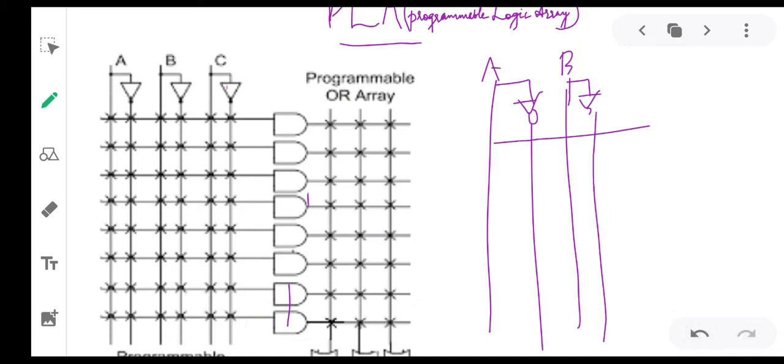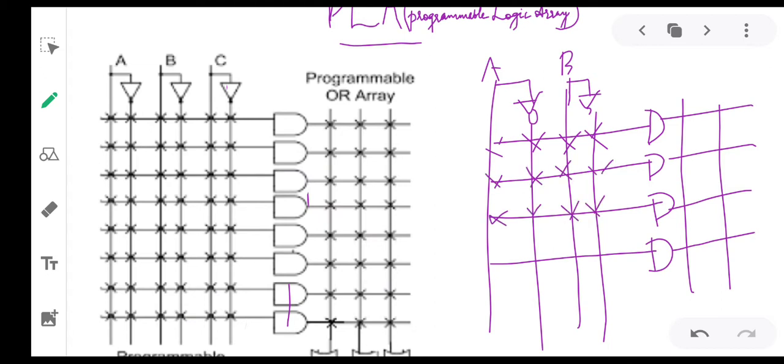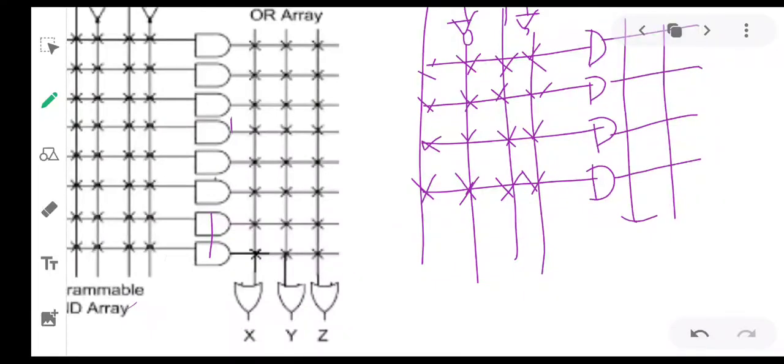So here I have an AND gate, AND gate, AND gate, AND gate. So this one is the output of the AND gate, and all these are programmable. That shows the product terms are programmable, right? What about the sum term? So this is the sum term.